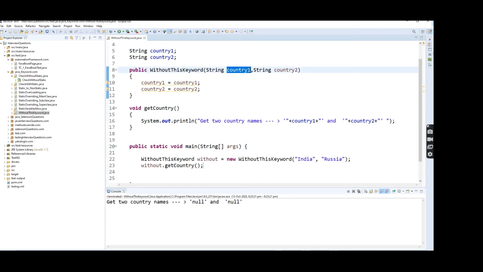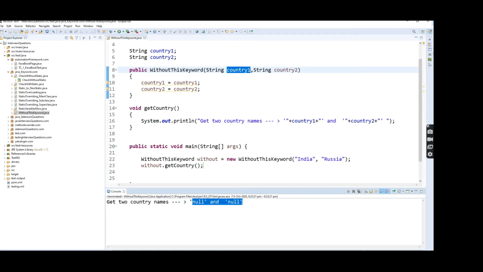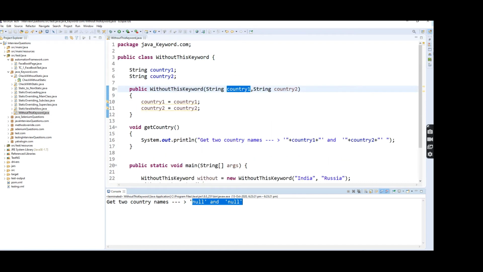So that time the JVM will be confused, and that reason the output will print null value only. Even after passing the value, it won't consider it. The JVM will print null only.